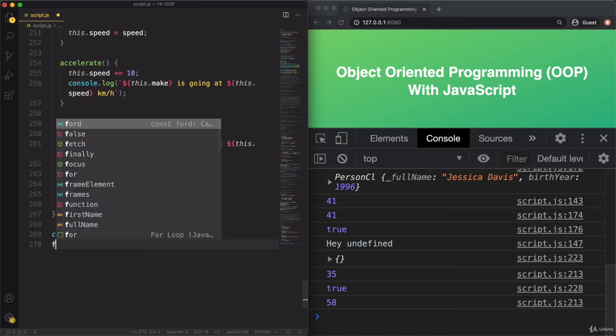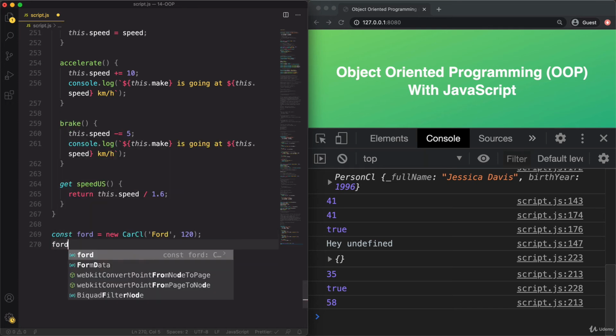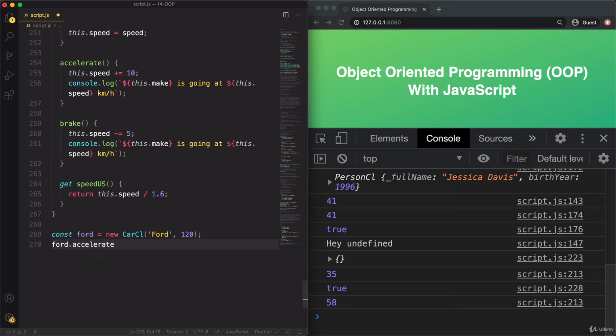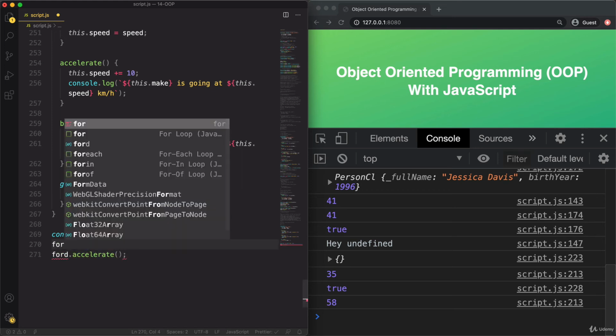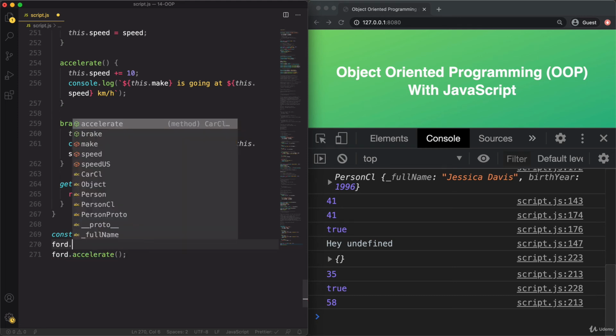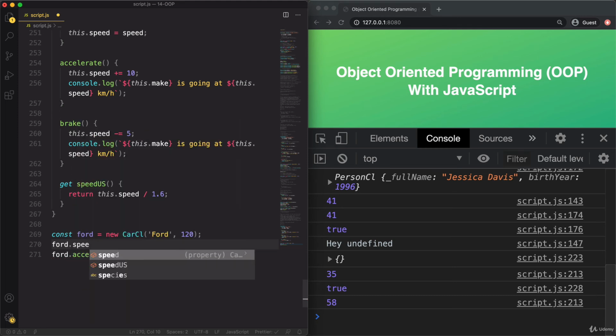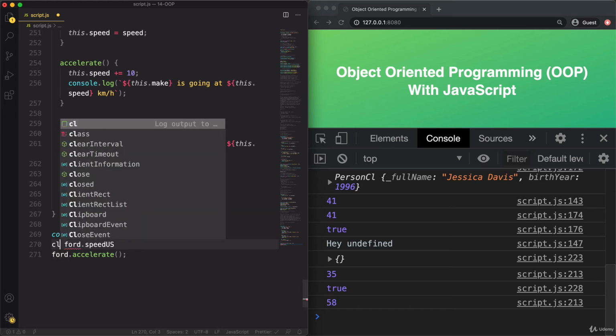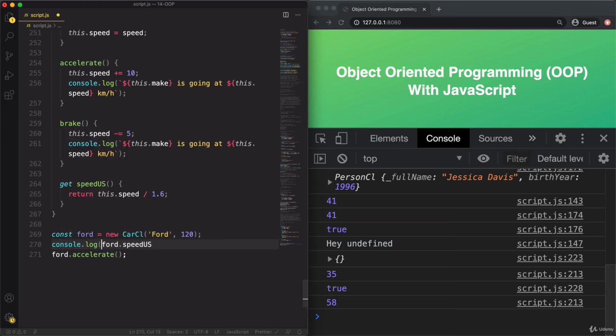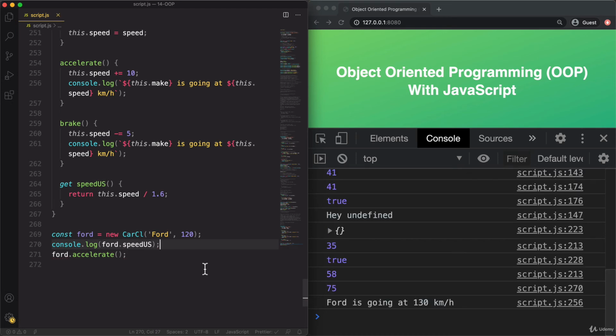So let's accelerate here a little bit. But before we do that, let's actually also read the speed in US, because I actually know that 120 is 75 miles per hour. And so then I can know if this actually worked. And this one here simply returns the value. And so we need to log it to the console. All right.